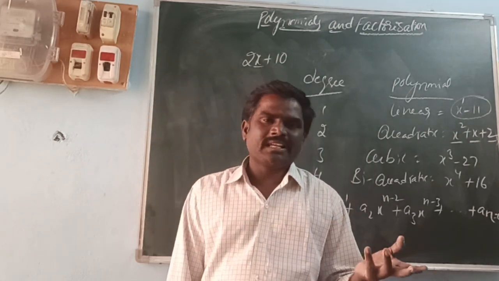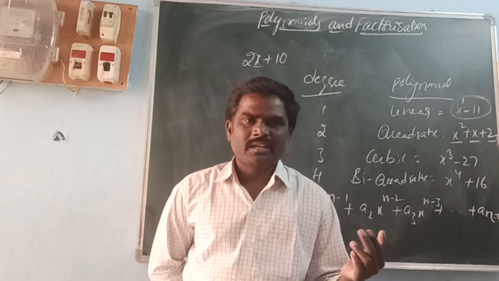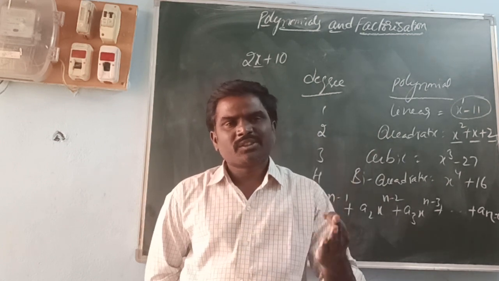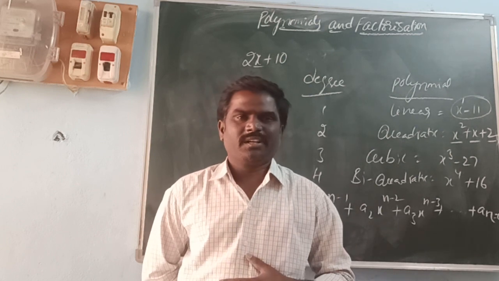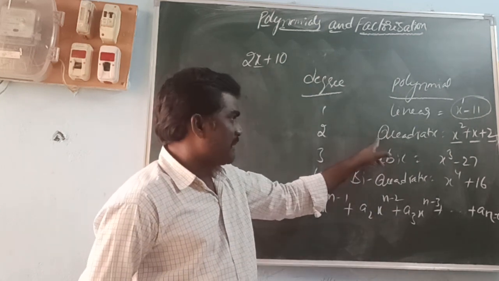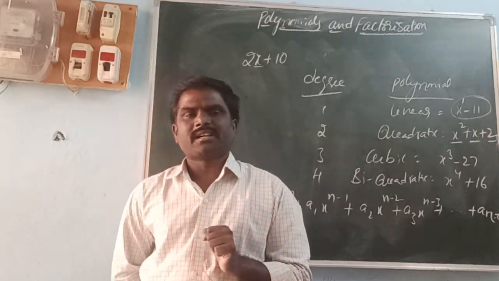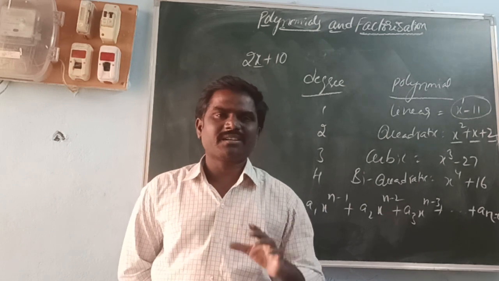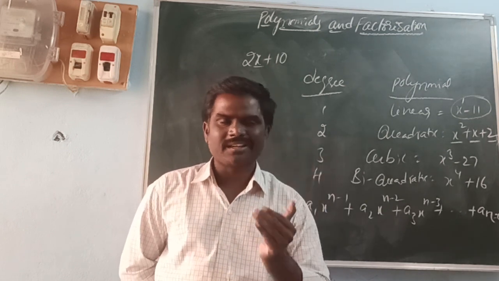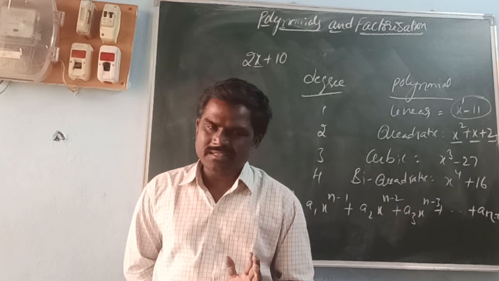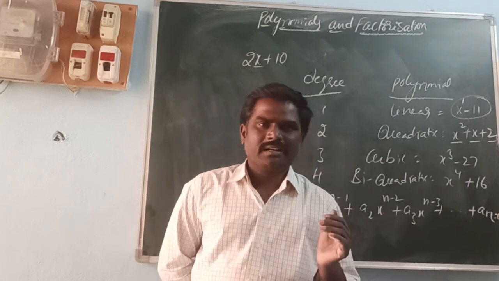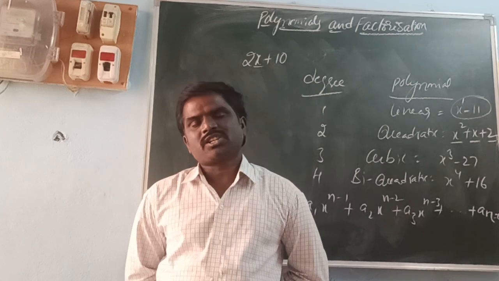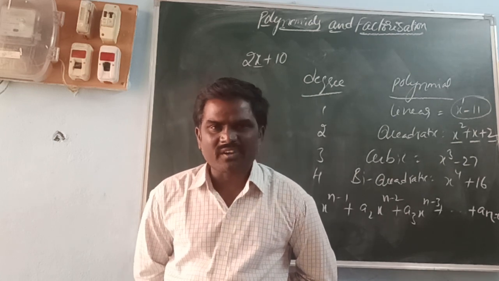There is the trial and error method. Next one is the without transform method. Next one is the with transform method. Next one is the graphical method. Okay, for the quadratic polynomial there are four methods. That is the substitution method. Substitution means what? In the place of x we can take any numerical value. That method's another name is the trial and error method. Next, the factorization method, next the complete square method, next the algebraic identities method, next the graphical method.